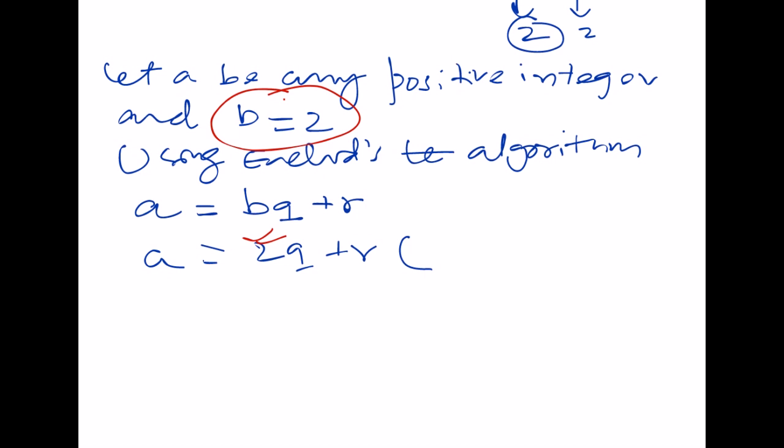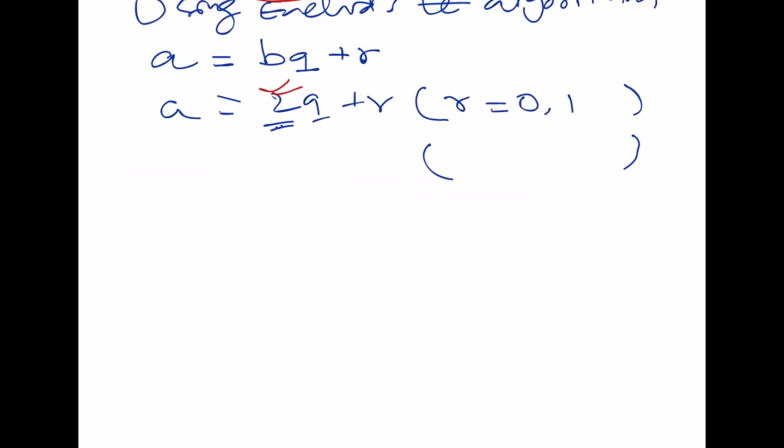Now after that you have to put one bracket and write one of the two things which I am going to tell you now. You have to write the possible values of r, that will be either 0 or 1. Why? Because our divisor is 2. The remainder is always less than the divisor. I will explain this by giving you some very simple examples.